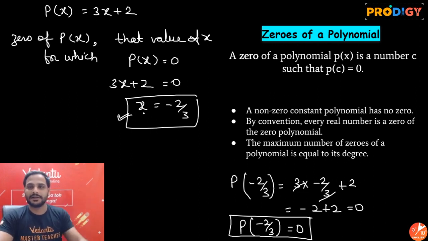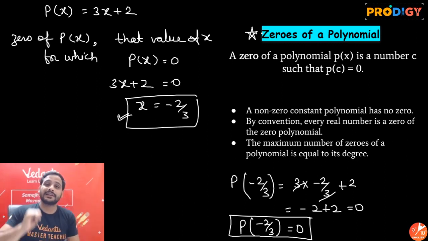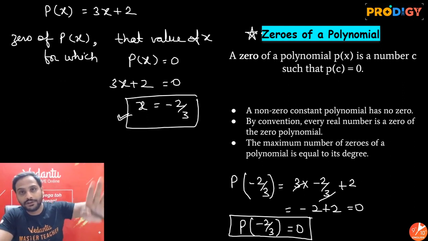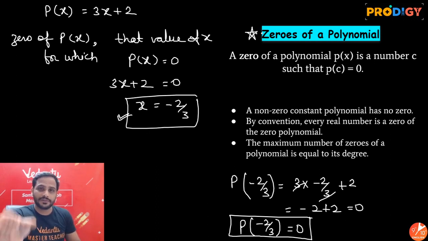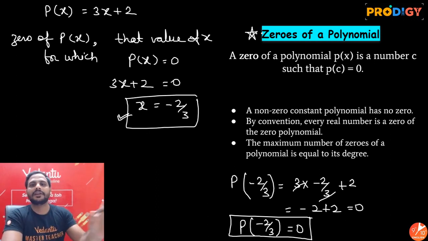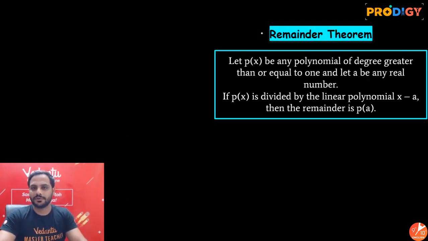Please better remember, 0 of the polynomial is very important thing for us. It is very important for us to find out at what values of the variable, value of the polynomial becomes 0. It is very important, and the topic which we will be studying today, that is graphical representation of zeros. In that also zeros of the polynomial is an important topic. So I hope that is clear. Value of the variable for which value of the polynomial is equal to 0.